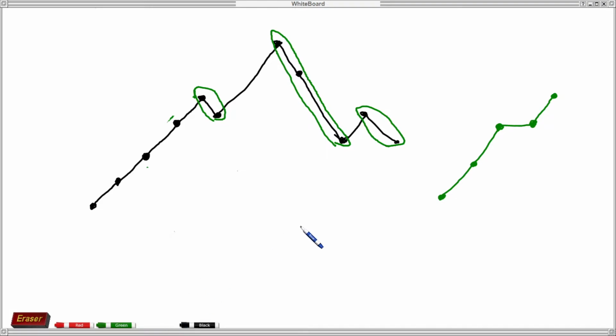That's what we have done in the examples. This segment will change to something like this. Similarly, this segment will change to something like this.